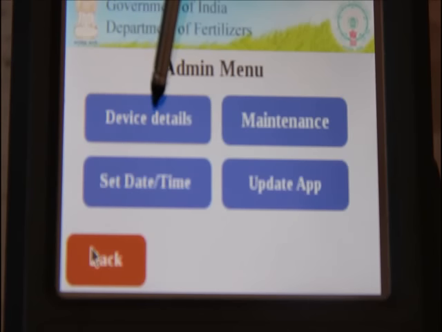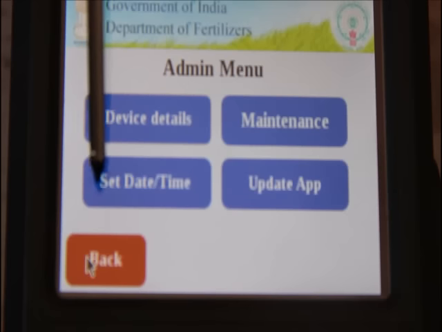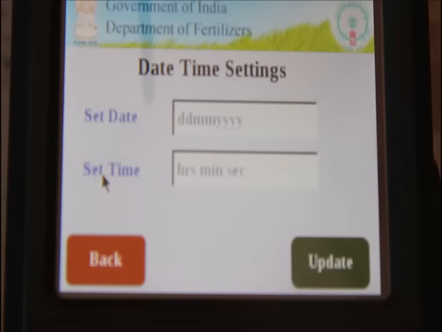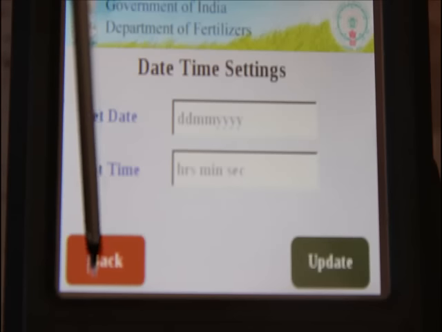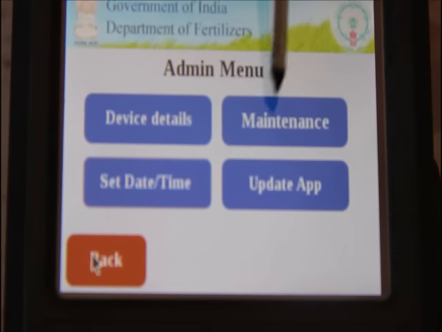Click on device details. Check your device details. Click on back button option. Click on set time and date button to set date and time. Click on maintenance option.